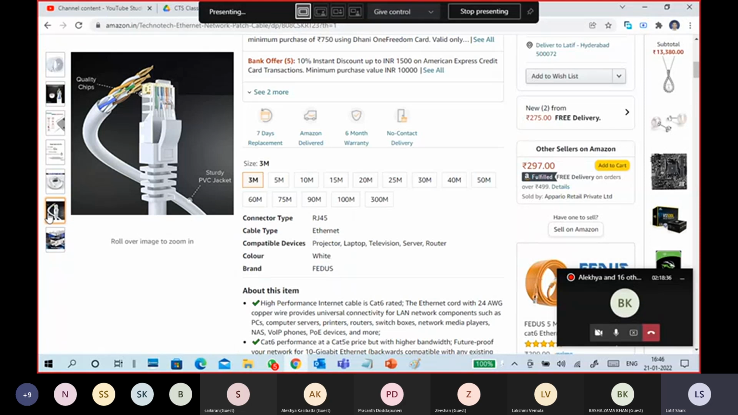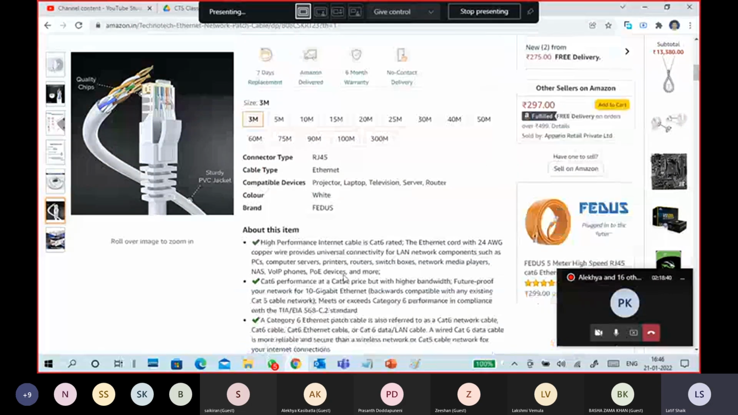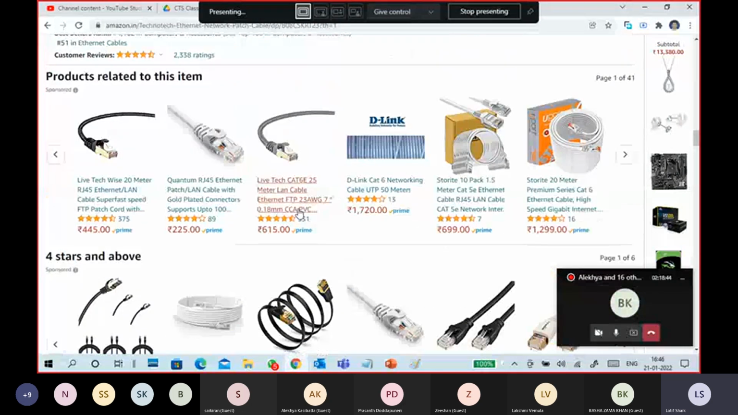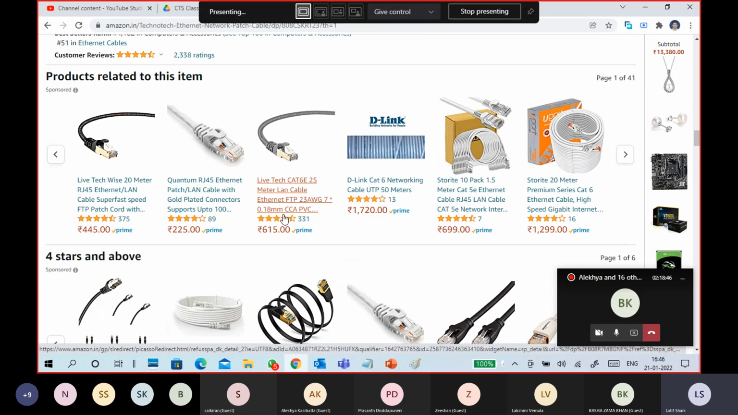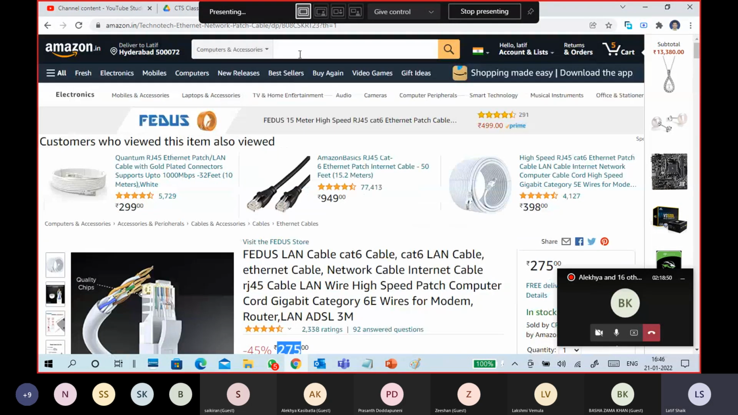It's a Cat6 cable. It's a direct cable from the market. You can buy a normal cable and you can also add these plugs as per your requirement. But if you see